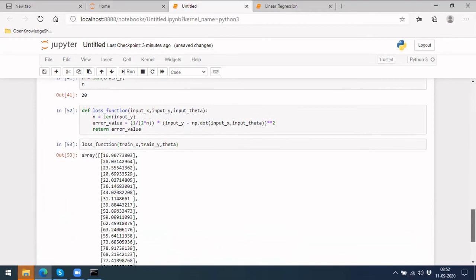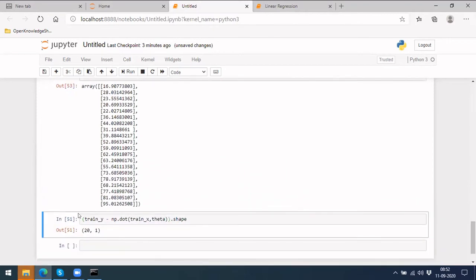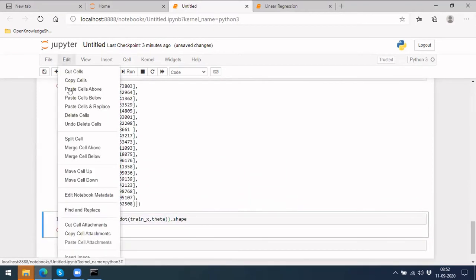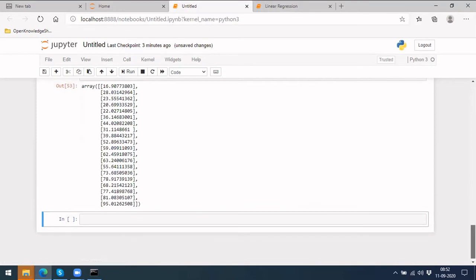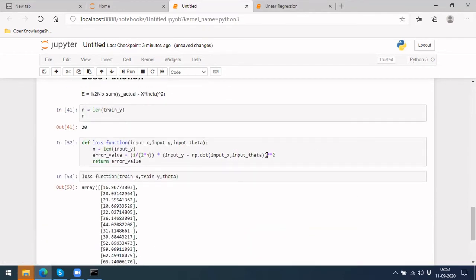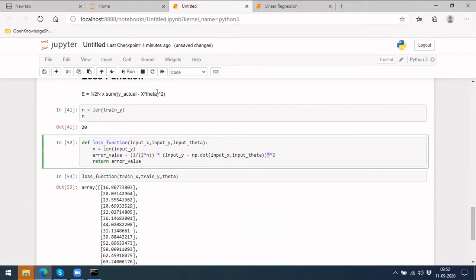So if we run it, we are able to get the values. What it is is the representation of doing square power. I mistakenly wrote it as something like this, this kind of symbol here, so that has been the issue. In case we put star star, we are able to get it. Then it has squared each of the values. Now we have to do the sum.